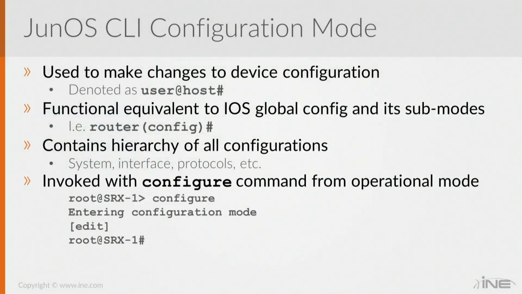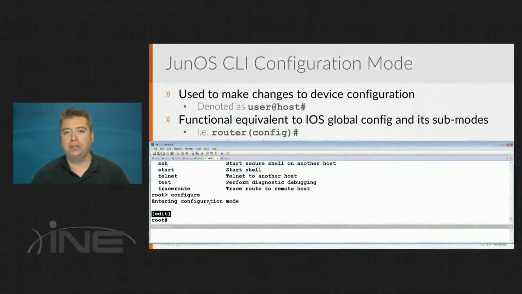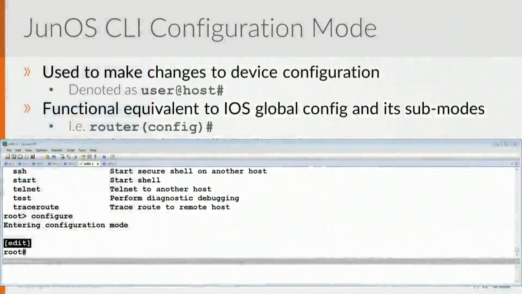Now, when we get into configuration mode, one of the key differences we'll see between JunOS and IOS is that it always keeps track of where we are in the hierarchy, and it shows it here in brackets. So as we start and look at configuration mode, it says that we are in edit. This is essentially the equivalent of global config in IOS. So if we were to look at this from an IOS box point of view, and let's say that we're talking about a regular router,